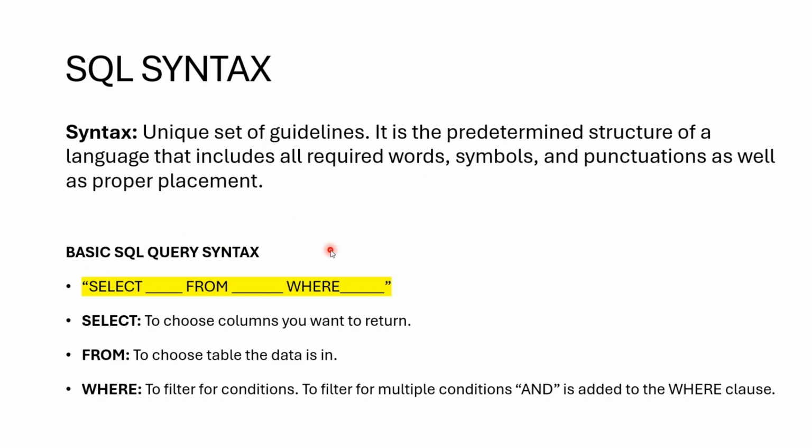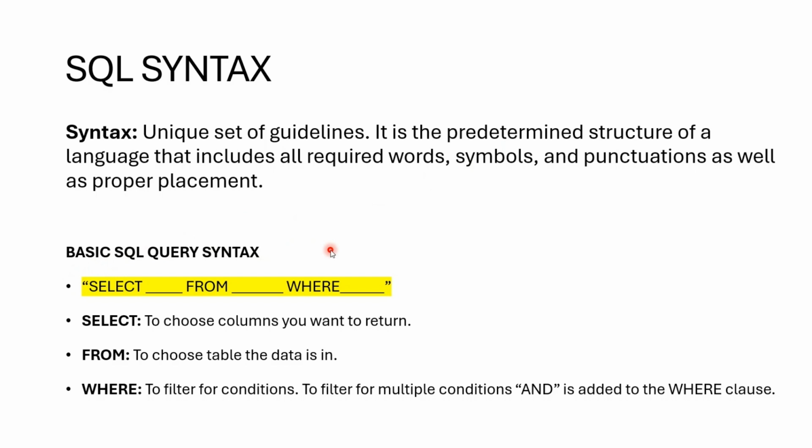Now, the WHERE is optional, but this is usually what it is. Select something from something where something. So we're actually going to write SELECT, and you can choose the columns you want to return from your table. The asterisk, which we've used before, is all, and then FROM is the table, or tables, the data is contained in, and